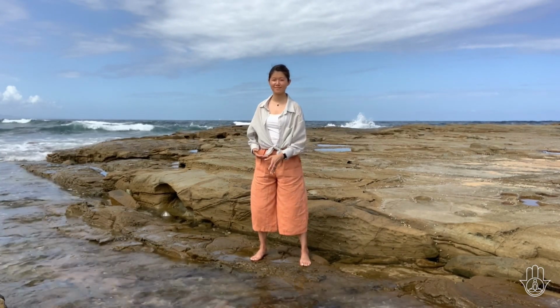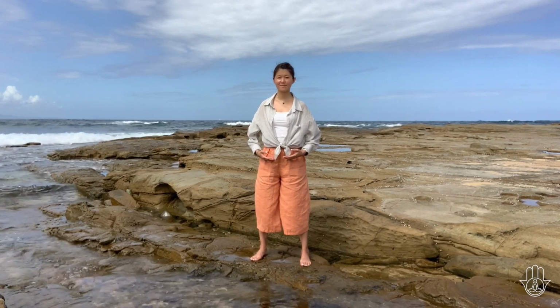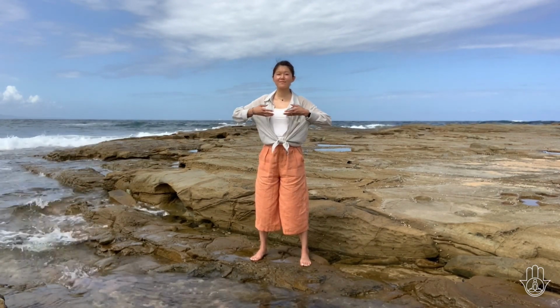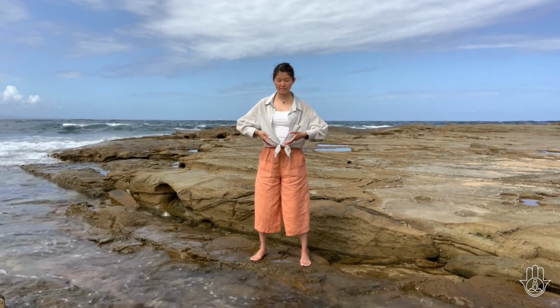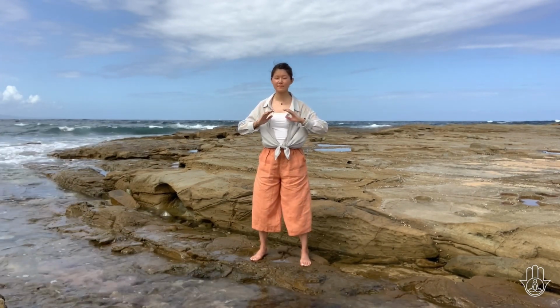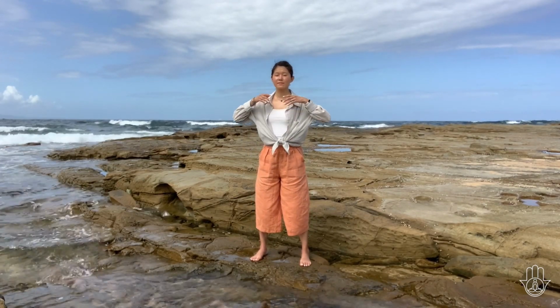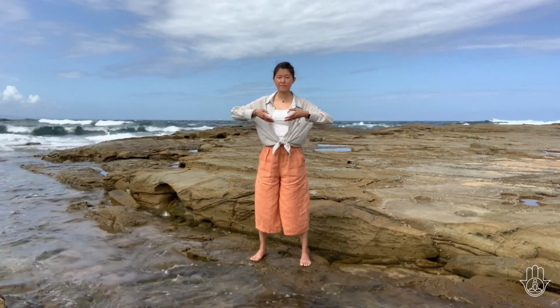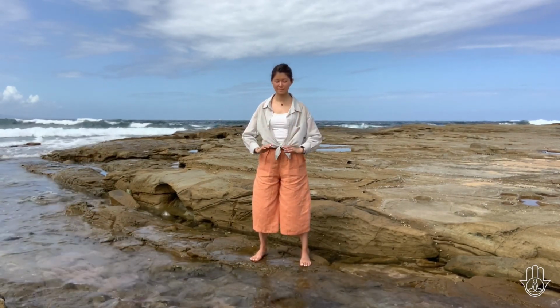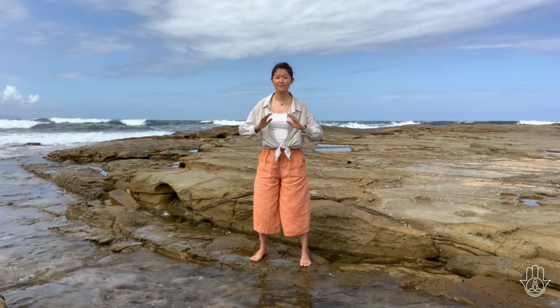Come back into Bao Qi and take a moment to notice how you feel. Then five water interact. Inhale, float your hands up, rotate the wrists. Exhale, float the hands down. Inhale, Qi rises. Exhale, Qi falls. Five water interact helps to balance your fire and water element, balancing your yang and yin, feeling a sense of balance within the body,